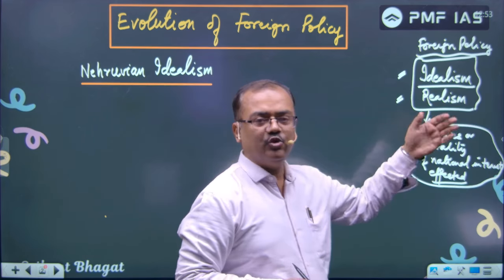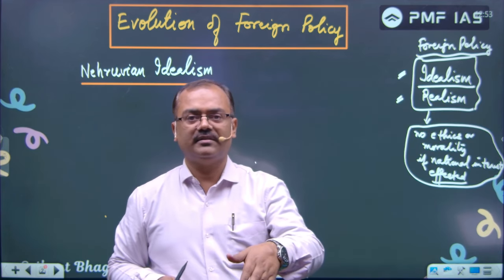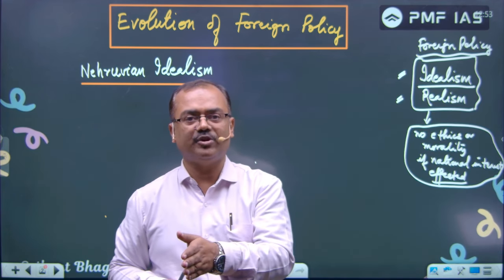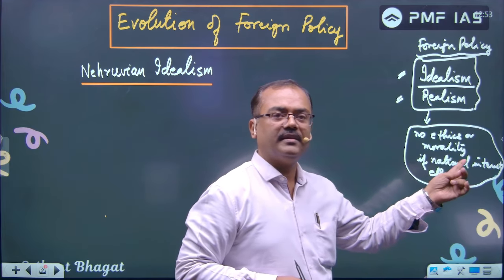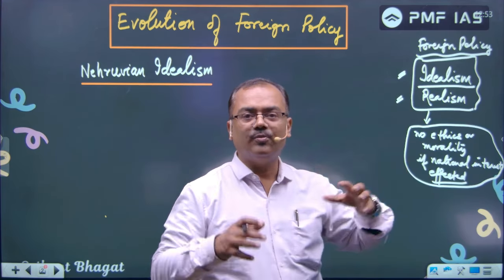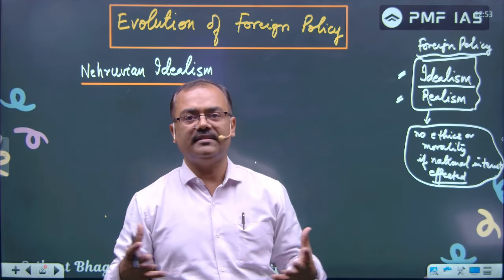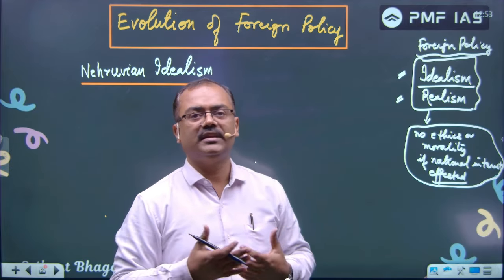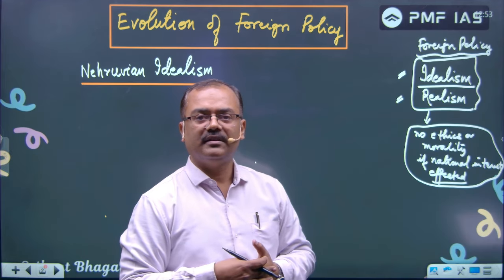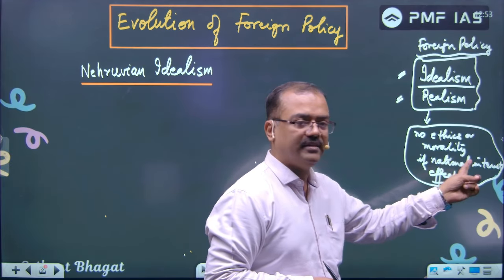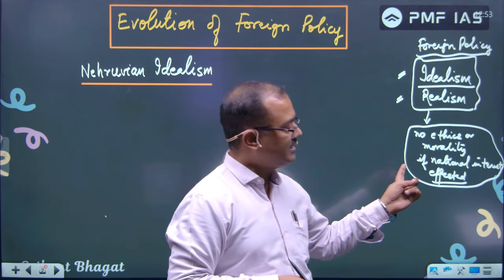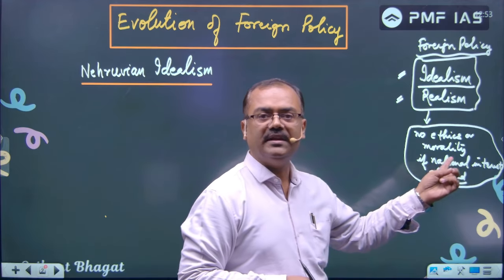So in realism, global interest is less important. Humanity's interest is less important. National interest is more important. In idealism, global interest, humanity's interest, the interest of all concerned is more important. When it contrasts with, or is in contradiction with, the national interest, the global interest will be chosen